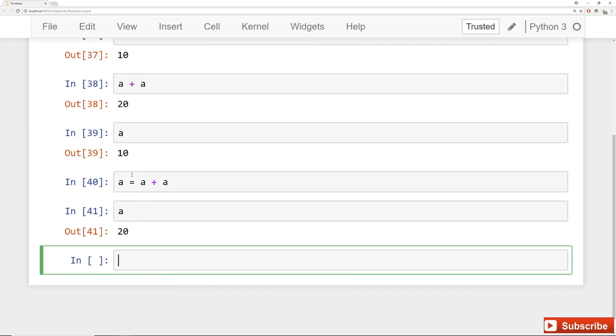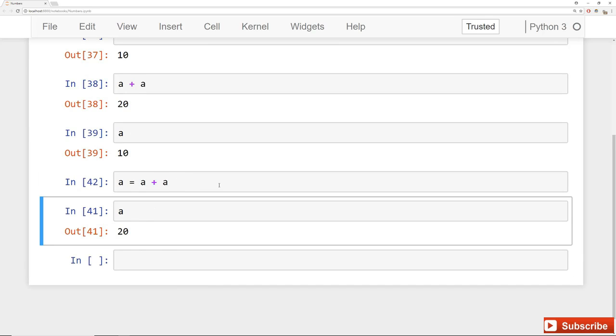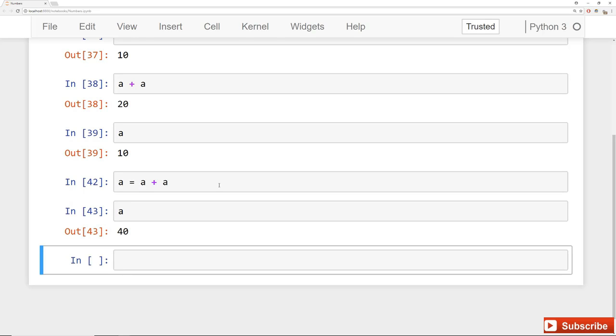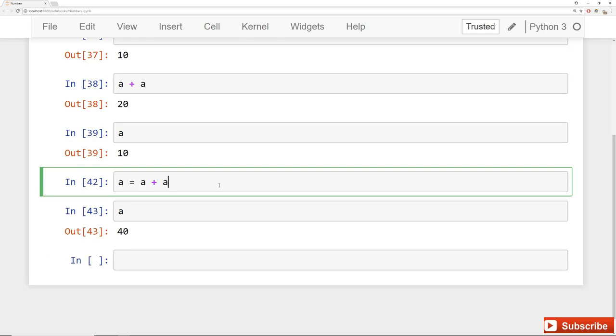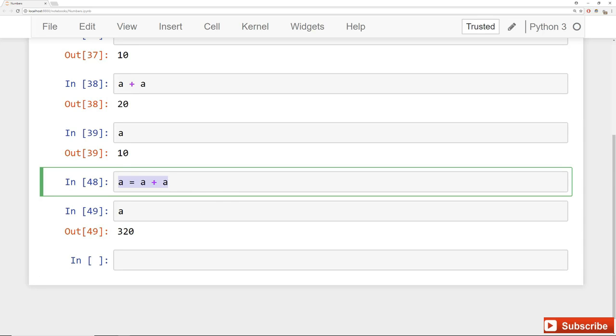And keep in mind, if I were to run this cell a second time, notice the In operator here, it's going to go from 40 to 42. If I run a again, it's 40 now. And you can keep doing this again and again, and you'll keep seeing it essentially double each time. So keep that in mind. This is a little different than in a script environment. If you're running a .py script, you won't really see that effect because you'll just have that line once. In a cell environment, you'd have to run that cell over and over again. Okay,